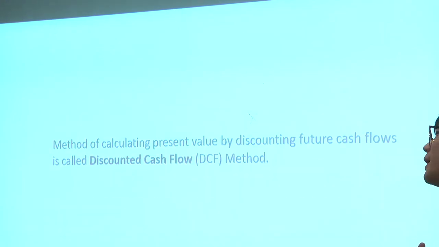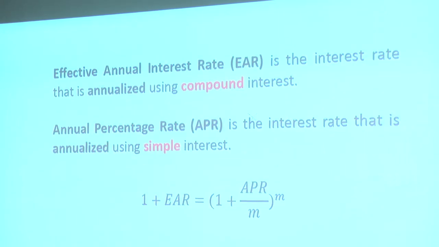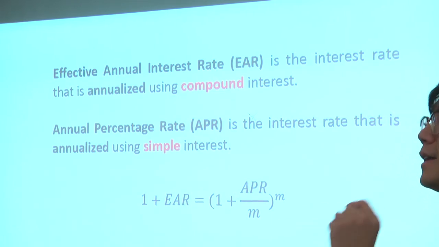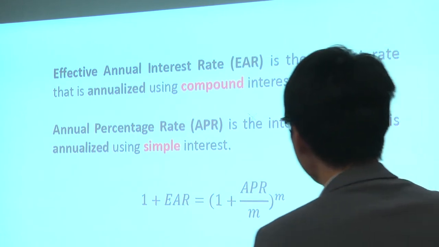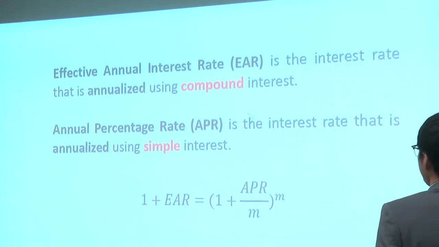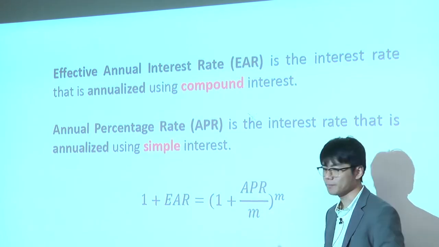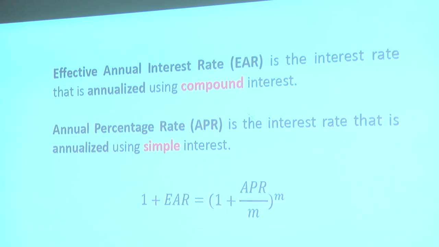Okay? Now how much compounding is it? The compounding frequency on your credit card is daily. They collect interest daily, or your interest accumulates daily. Okay? So how do we calculate that? Your effective annual rate can be calculated with this equation, where M stands for the frequency of your collecting. Okay? So for compounded daily, it's 365. Okay? So how much difference does that make? Let's take a look.